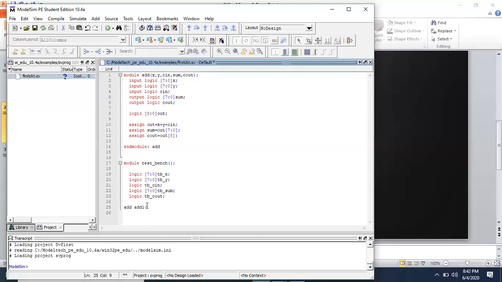So add one, this is the name I am giving. Now we have to map this, so you have to use the dot operator. To map, we use the design code variables first. The design code variable is x, and the corresponding variable in the test bench code is tb underscore x. In brackets, you have to mention that variable, x, then comma, and similarly you have to do this for all 5 variables.